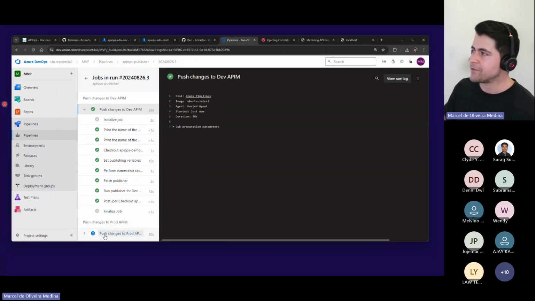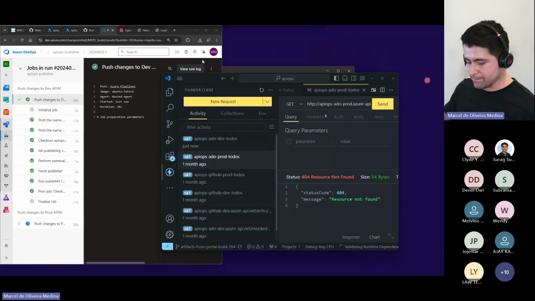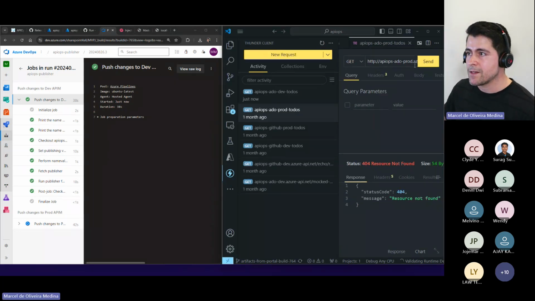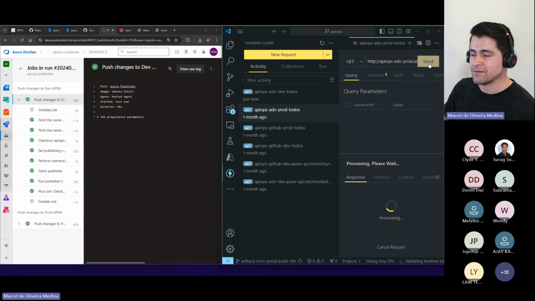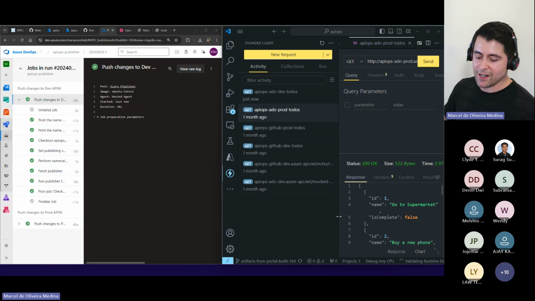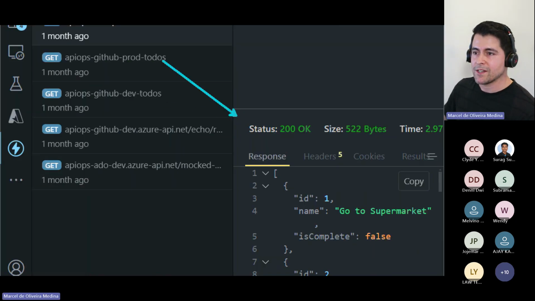And as soon as this finishes, let's keep this one side by side because I want to come and show this one. So far, okay, it's being provisioned, it's happening. It has finished, okay? So I should get this one as a 200 if that works. And I got a 200, okay? Which is pretty cool.